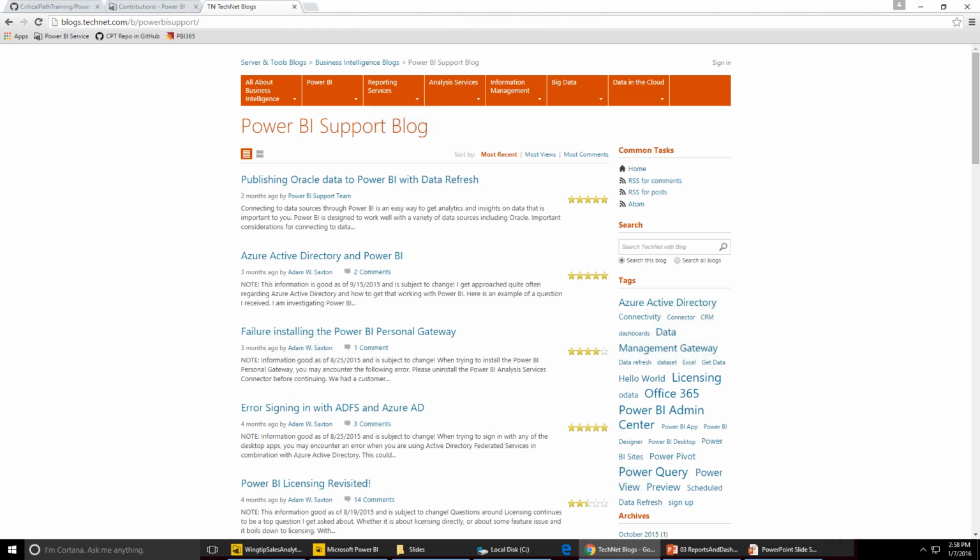Is DAX the language to learn to leverage all the options of Power BI? No, I would say DAX is a language to learn. As you're using Power BI, you're still going to find times when you need to write SQL. DAX is definitely a great language. I think it will be gaining in popularity compared to SQL and compared to what we have in multidimensional databases, which is MDX. DAX is much easier to get started with, but also DAX can get equally as confusing, as you get into